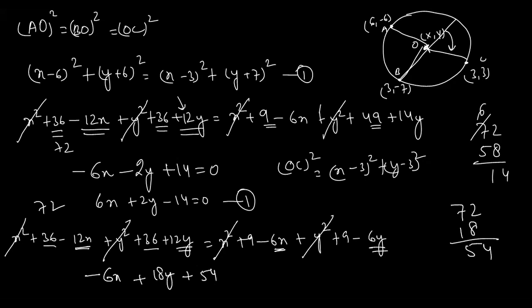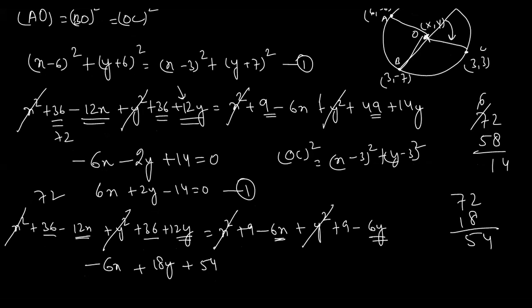So again, taking the 6 as common, first of all take the LCM. Taking minus 6 as common, you can write here x minus 3y plus 9 equals 0. Sorry, minus 9 equals 0. So this is our second equation. This minus 6 will go to that side, it will become 0, and 0 upon something is 0. So we have the second equation, that is x minus 3y minus 9 equals 0.